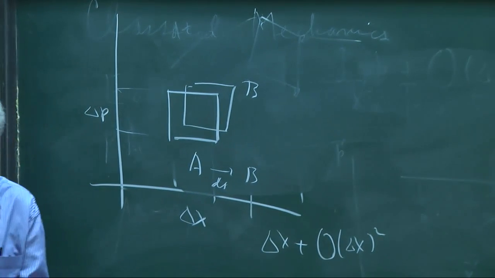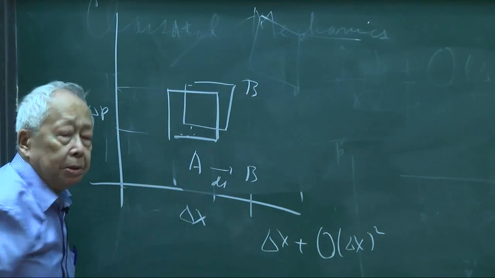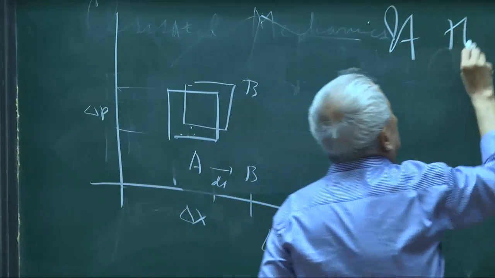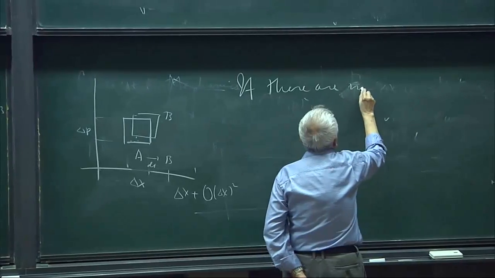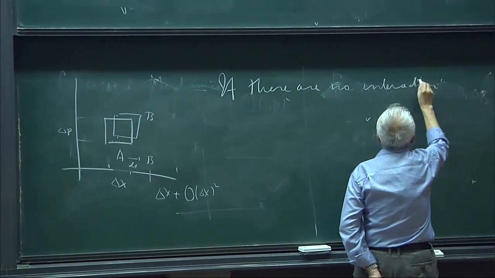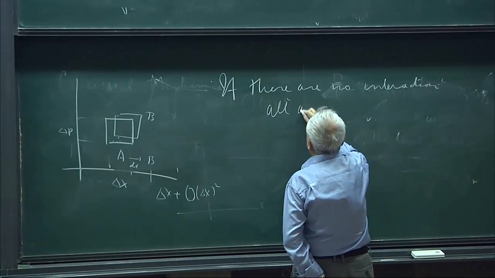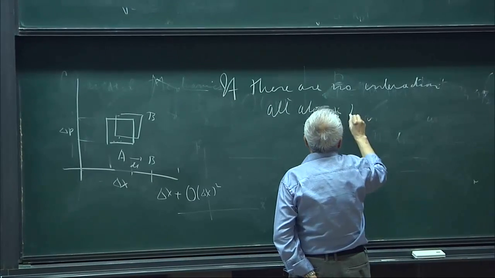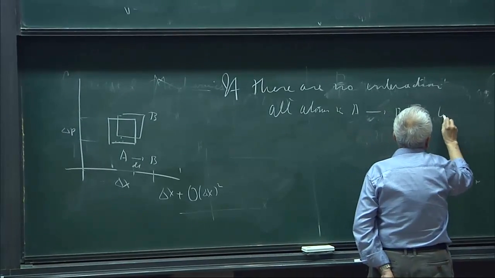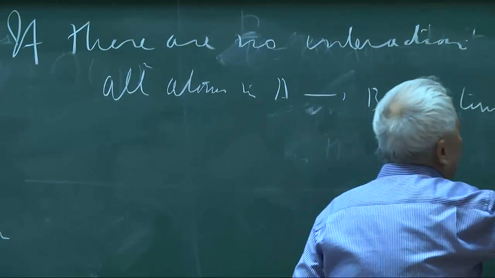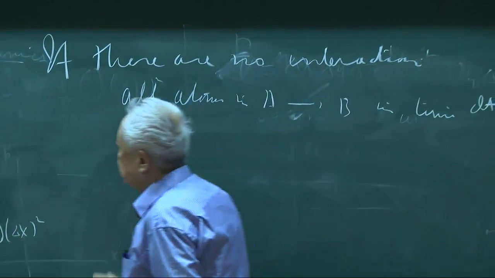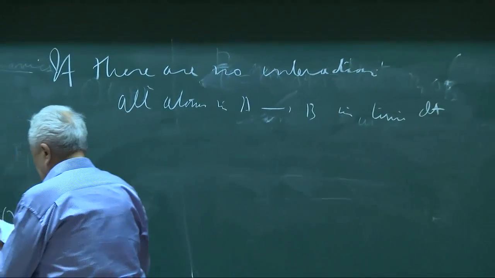So if there are no interactions, all atoms in A will go into B in time delta t, infinitesimal time. And what does this mean? This means that F,